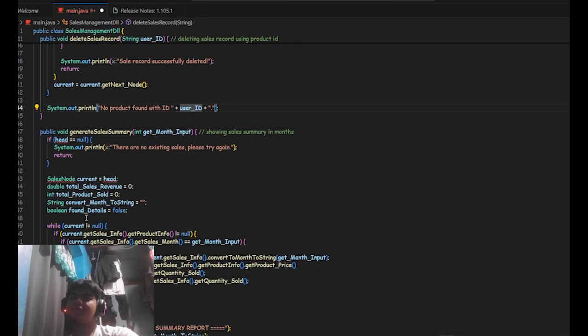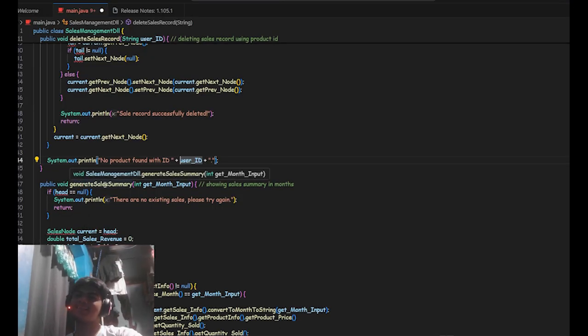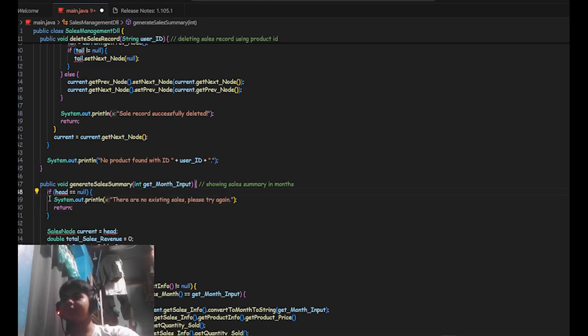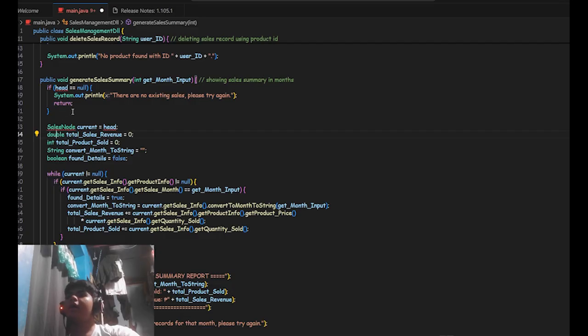Then another function here, generate sales summary, with the parameter of get month input. So if head is equal to null, then again we have an output.